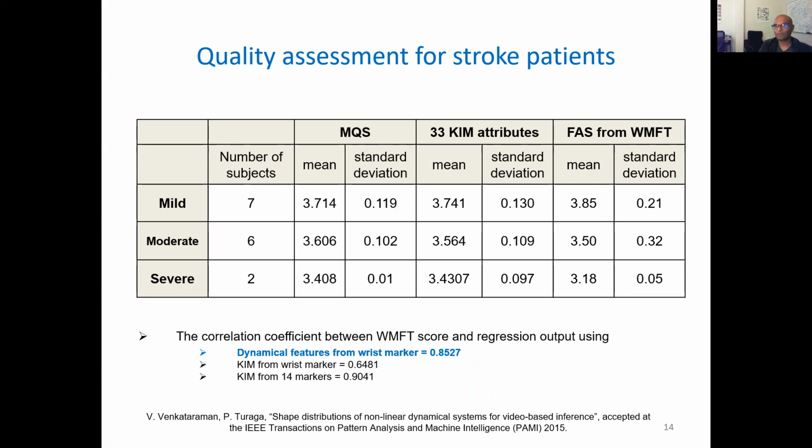So the dynamical systems ways of thinking will help us reduce the need for marking up the body and reduce it to just a single joint. This is something we showed in 2015 and 16. We have an ongoing collaboration with several stroke therapists funded through the NIH. We have faculty in Virginia Tech and Emory doing this kind of work. And this study really helped us to show them that you don't need a very expensive motion capture setup. Somehow just get the wrist and we can figure things out from there. And that's what we're doing now. So most of our home-based stroke therapy protocols we're involved in use only the wrist.